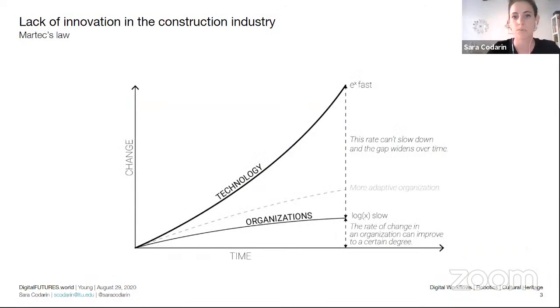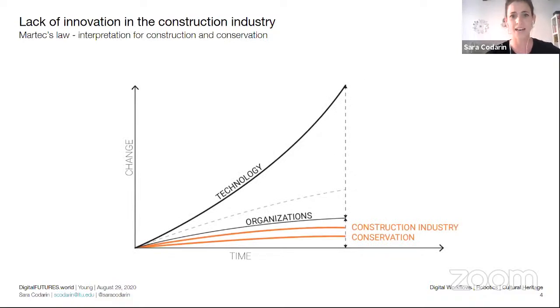Despite the opportunities brought by this current advanced framework, rapid technological development is not always followed by the same rate of acceptance. This means that it's hard for an organization to absorb change. This is explained here with the MARTEC law that I elaborated, adding that if it's hard for the construction industry to accept change, it's even harder for the conservation sector, which is not technologically driven and which is strongly linked to the work of craftspeople on site that, for the realization of projects, interrupt the digital continuum of the workflows. And I wanted to specify that the conservation building site is a very specific context that requires specific and